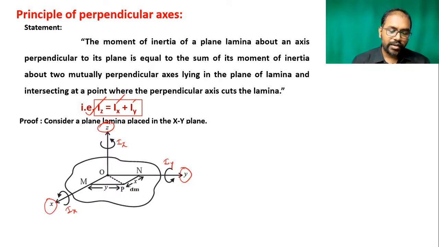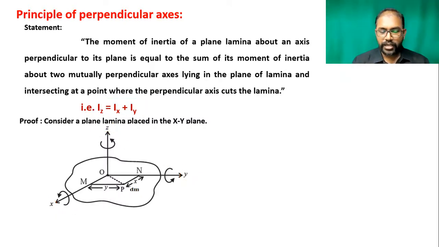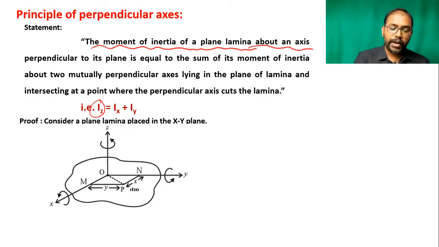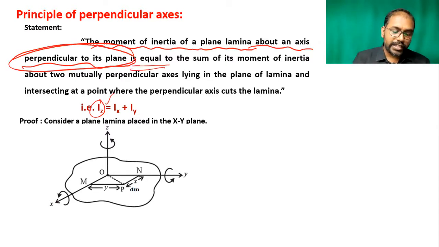So you can see here, we have to write the statement in terms of this mathematical equation. Iz is the perpendicular axis. So the moment of inertia of a plane lamina about an axis perpendicular to the plane, this is very important, about an axis perpendicular to the plane, is equal to the addition of Ix and Iy, so the sum of the moments of inertia